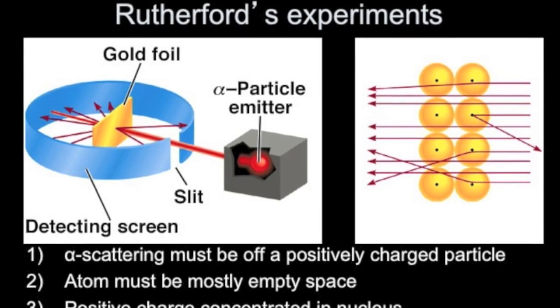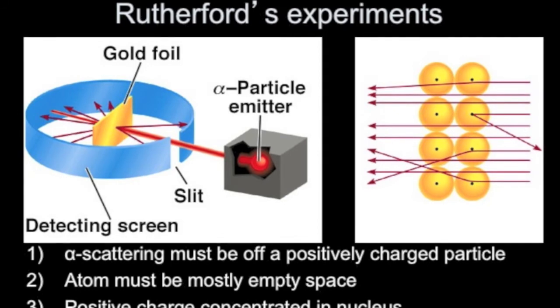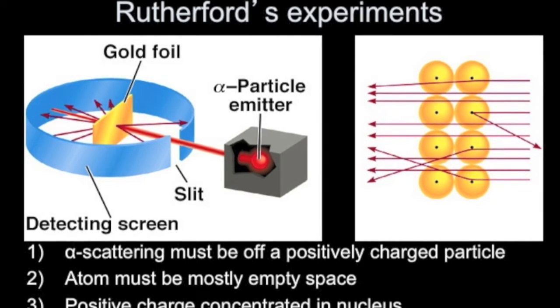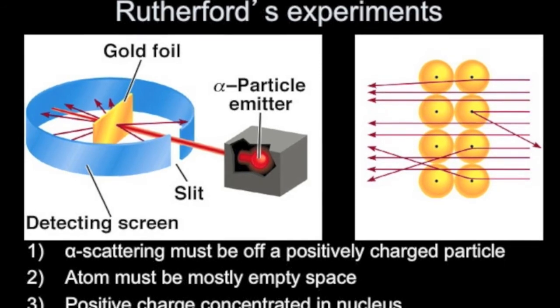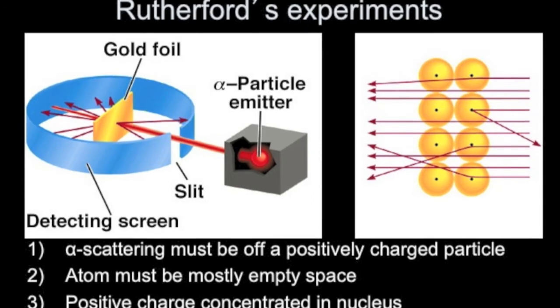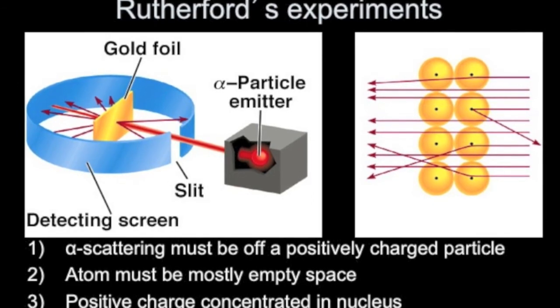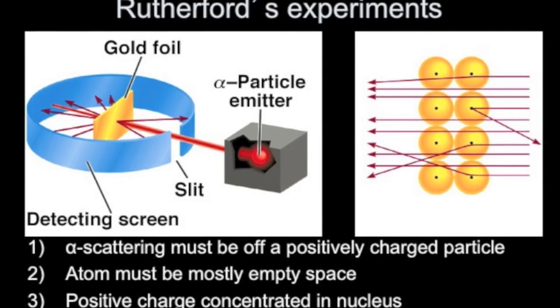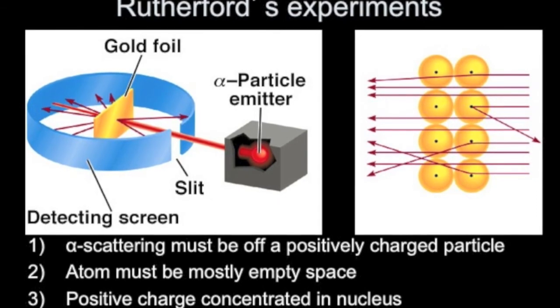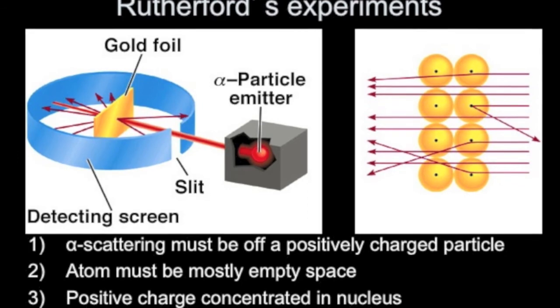So his hypothesis was that these alpha particles were going to simply pass straight through the foil. Right? There could be no interaction between these large alpha particles and these very small electrons. Well, what he found was actually something very different. He found that while a large portion of those alpha particles passed straight through,